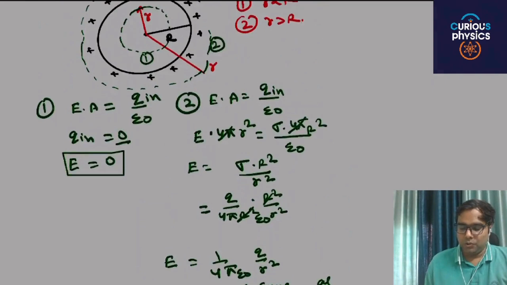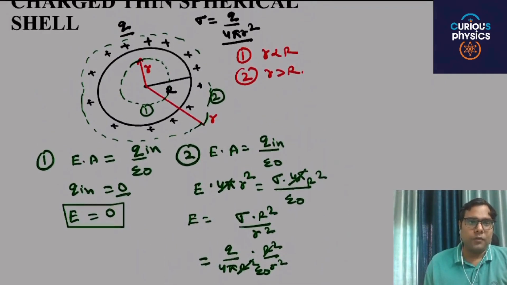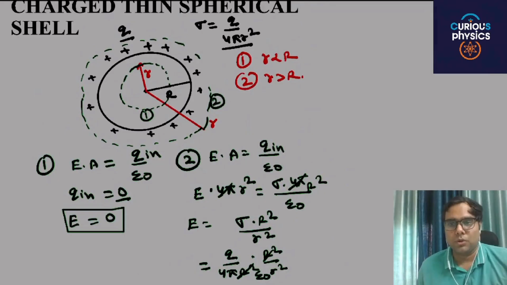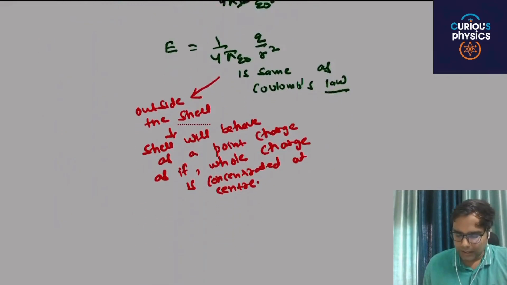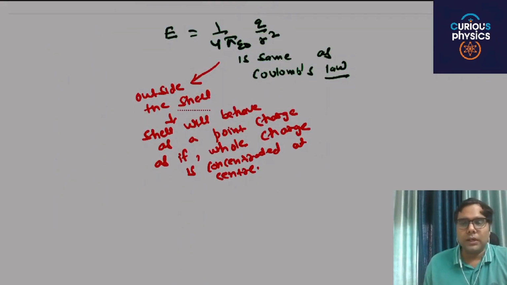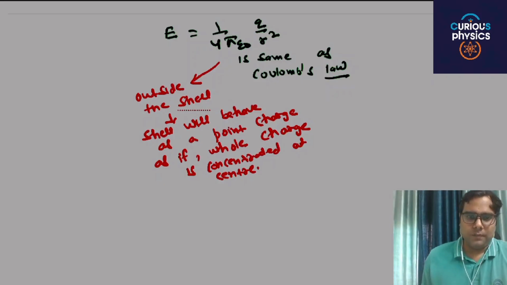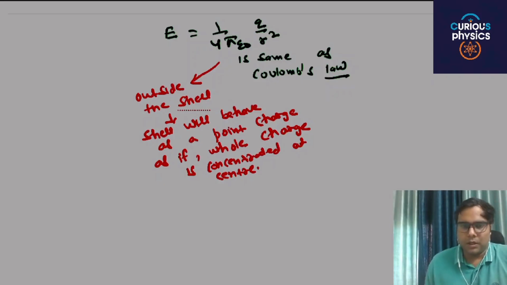This is the way you can find the electric field with the help of Gauss law as well as with the help of Coulomb's law, but both will give the same result. And one more thing, you can use Coulomb's law in every situation as well as Gauss law in every situation, but the basic condition is that in Gauss law we solve only symmetric problems. In case of unsymmetric problems, it will get very tough.